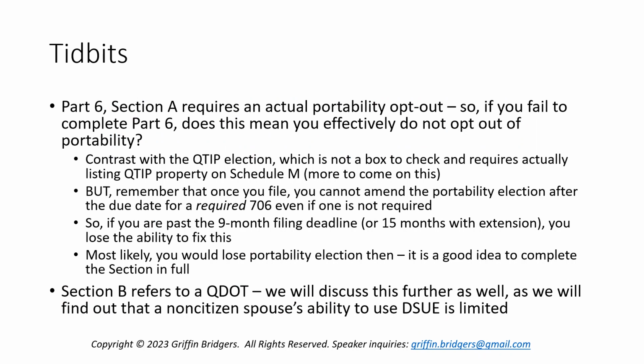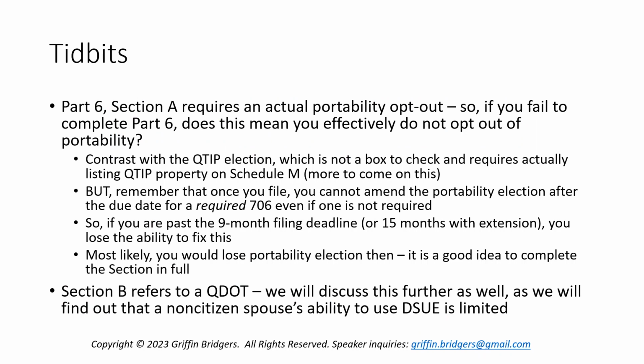Once you file, if you catch an error in that you didn't check that box to opt out, but you didn't complete the rest, most likely you haven't made an effective portability election, and you can only go back and amend that if you're still within the filing timeline under the original law for a required 706. So if you're beyond the 9-month filing deadline or the 15-month deadline with extension, you're probably dead